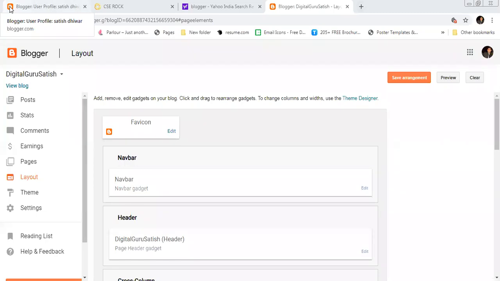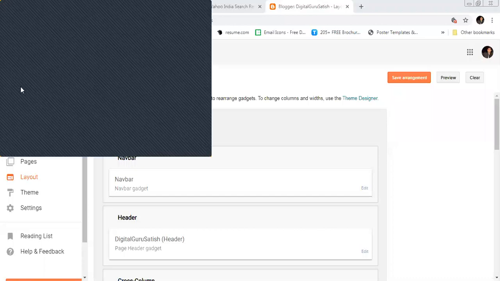The content is related to your blog, and favicon and logo may be the same, no problem about that. And favicon is that you can see here in the top right corner, this is called favicon.